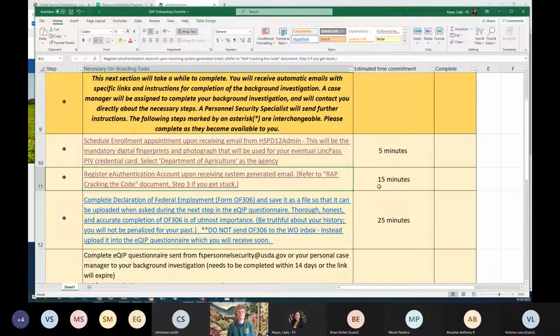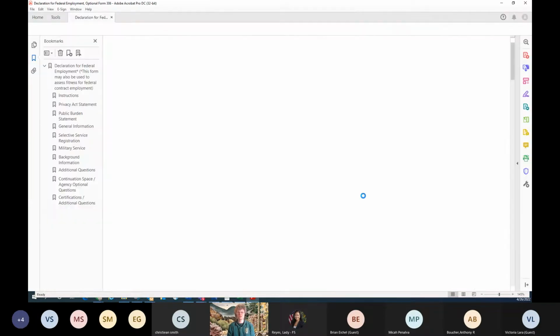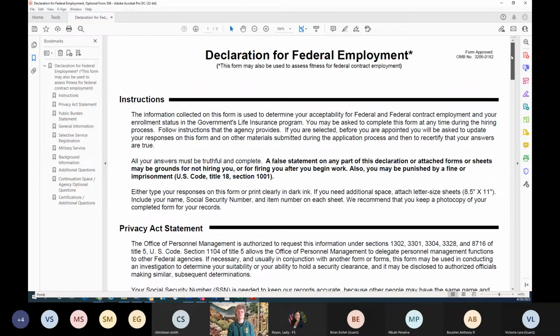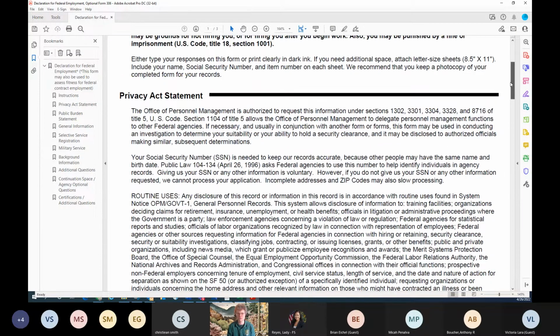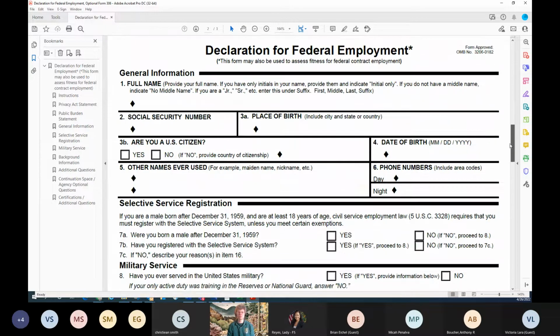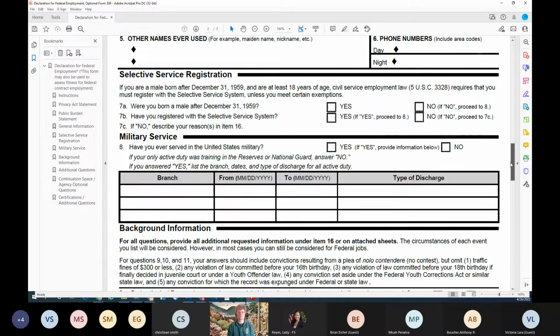Okay, the next step is you are going to get a separate email from someone. There are about 4 different personnel security specialists that work at our Albuquerque Service Center, and they will send you an email that contains the form OF306, and it also contains the EKIP questionnaire. The next 2 sections are really the trickiest to complete. This OF306 is for the background investigation, and it is asking you all sorts of details about your past. So just fill it out as best you can,